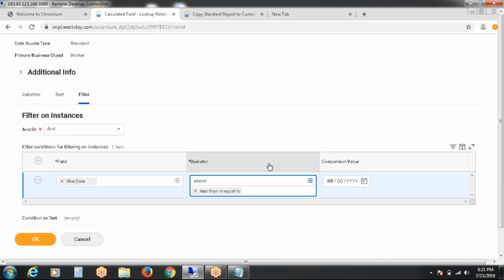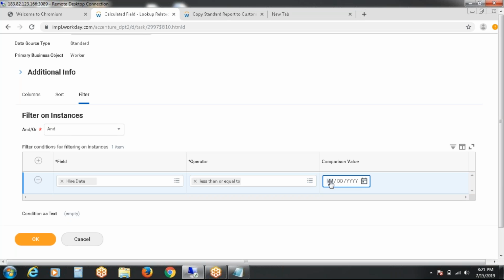So practical data employees will be there on or before 2015 or 2014 itself. So the filter condition I am taking is less than or equal to some date. Whatever date I select, 12/31/2014, I have given.